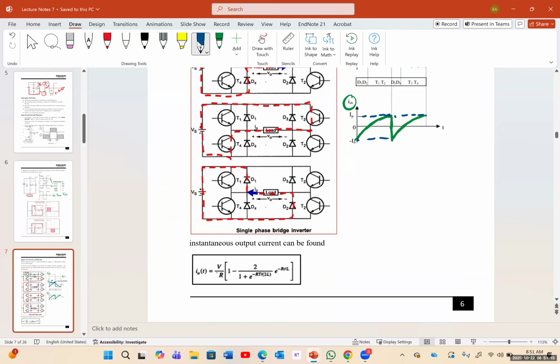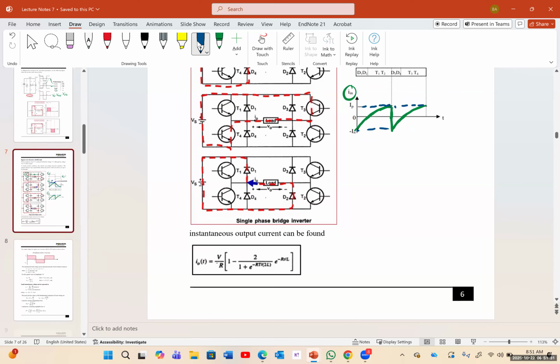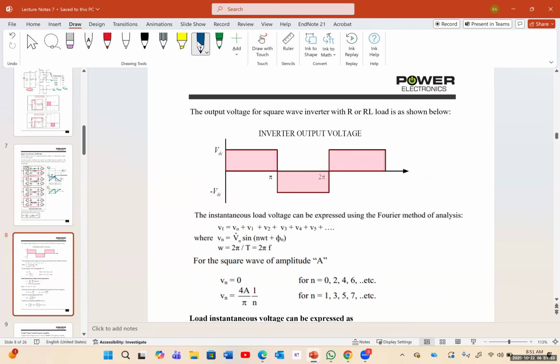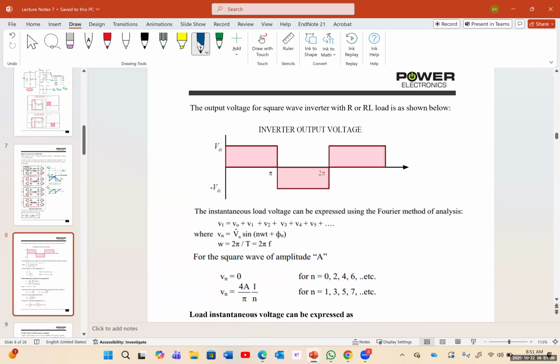So yeah. Now I out for this system is going to be V over R times 1 minus 2 over 1 plus e to the negative Rt over 2L. So the output voltage for a square wave inverter with R or RL load is as shown below. And you can see the output voltage doesn't have any distortion, but the output current does have distortion. And it's just going to be a pulsating